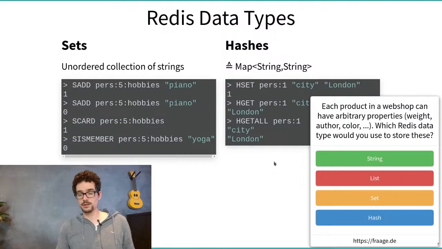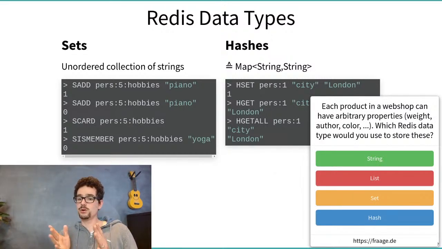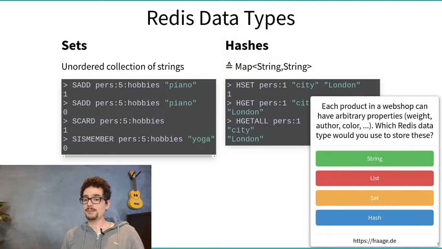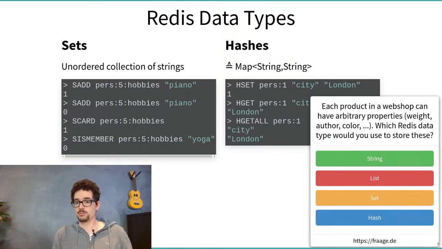So, one exercise for you. Each product in a web shop can have arbitrary properties. So the product can have a weight, an author, a color. Books have authors. Ebooks have authors, but ebooks don't have a weight. So specific properties which are arbitrary. Which Redis data type would you use to store those? Go to frage.de and